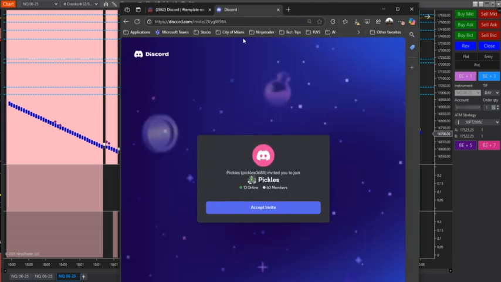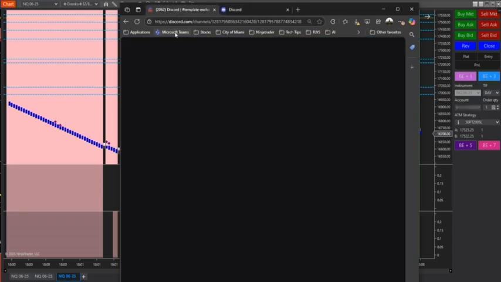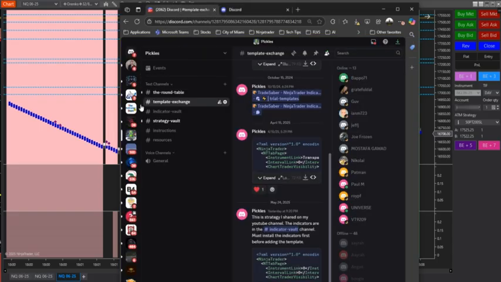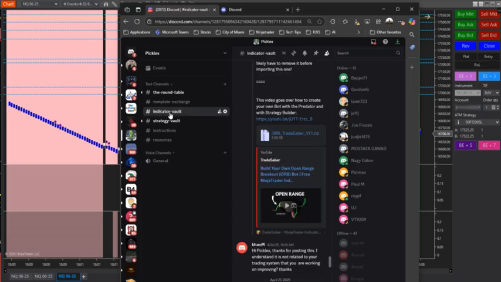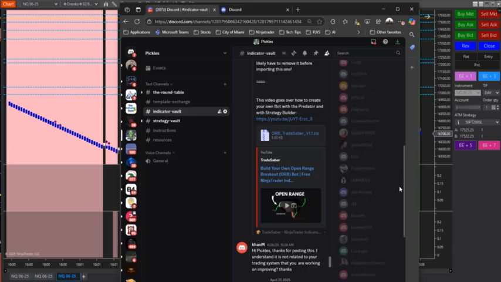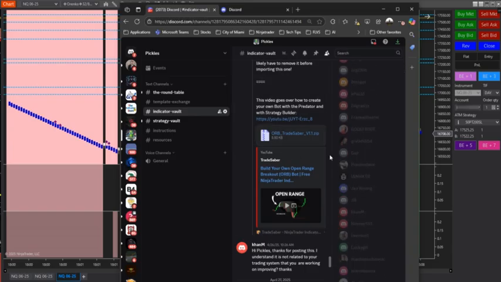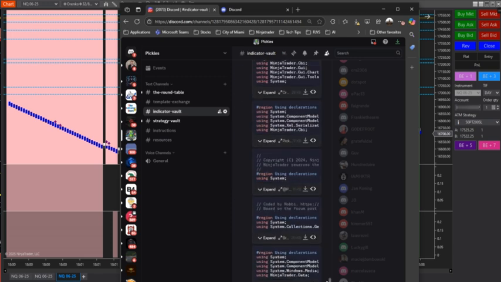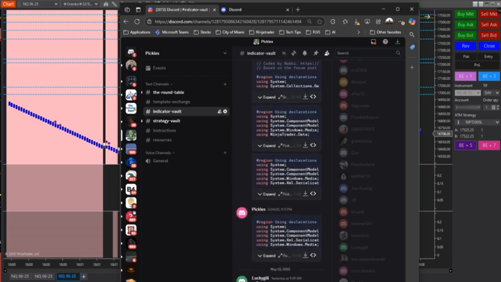So this will take you to my Discord invite. You accept the invite, and then it will take you to my Discord channel, which is here. All right, so this is Pickles right here. You can see I have the indicators shown here. If you scroll down, actually, let me show you. The indicators are all here. The indicators are all in CS